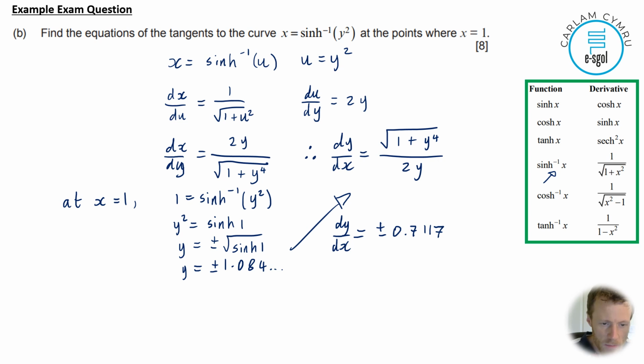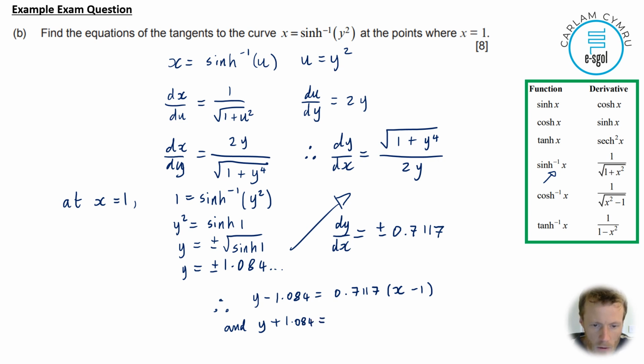That then gives us our equation. So we get y minus 1.084 equals the gradient, which is 0.7117 times x minus 1. So that's using y minus y1 equals m times x minus x1. But I'm getting two values for y, and I'm getting two values for my gradient. So we also have another equation, y, and we're doing minus minus, so that's plus 1.084 equals minus 0.7117